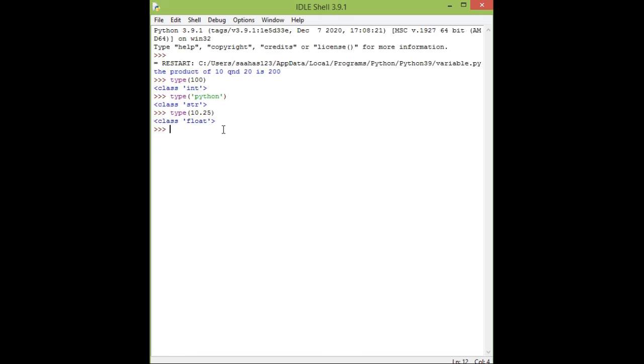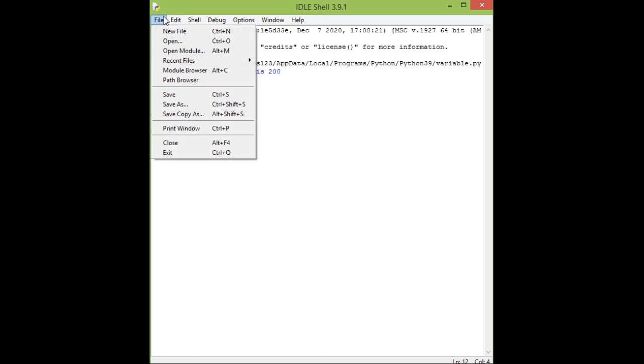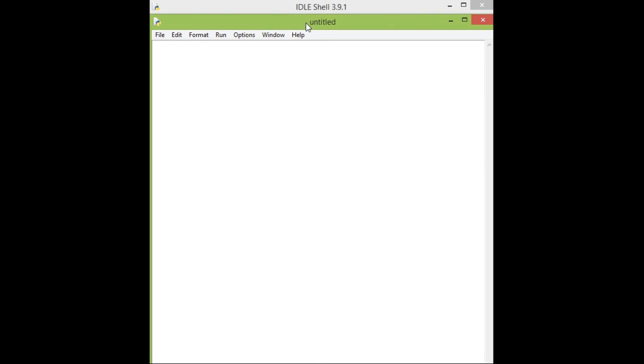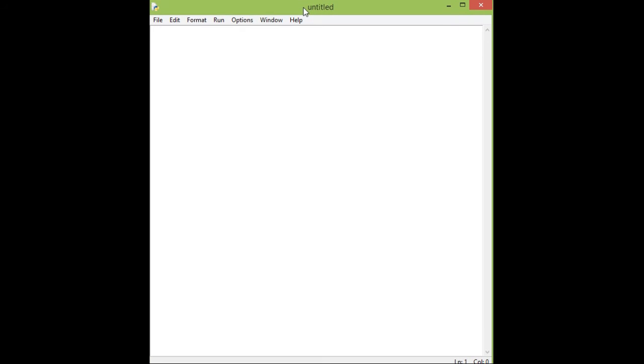So now I am going to give an example of the input function. Let's open our script mode. We will find the product of two numbers, and firstly we type a program. We will store a equals int, we are classifying its type.